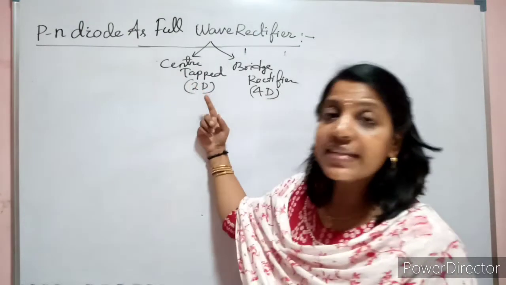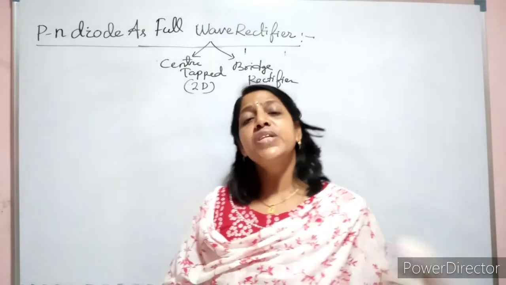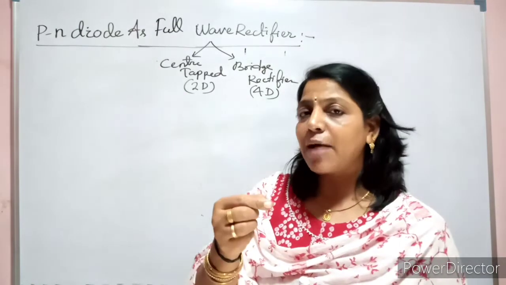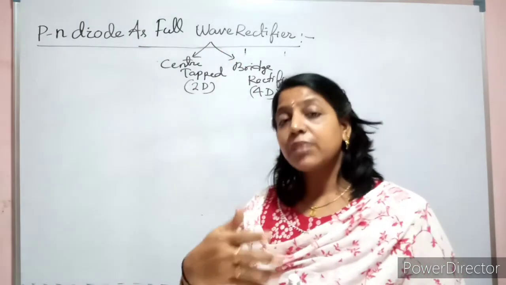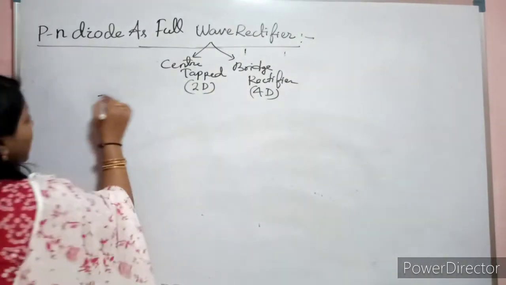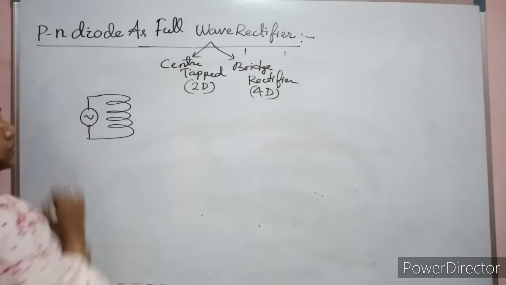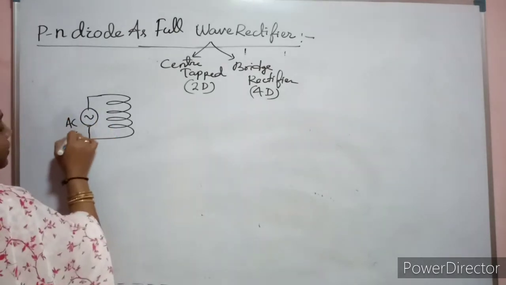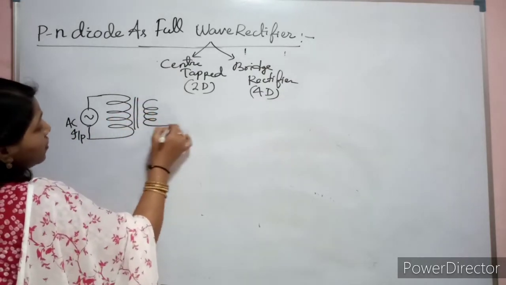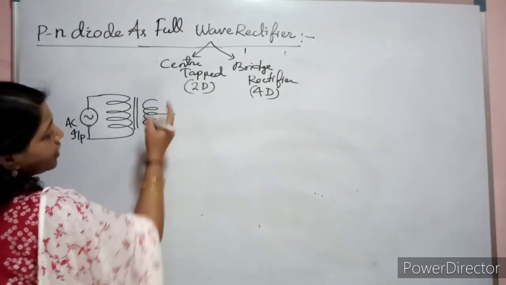As the name indicates, center tapped, you know that in every case we are converting to step down. But here at the center point of the secondary of the transformer, it is tapped in such a way that the top turns and bottom turns remain the same in number. Okay, fine. So let us see this. Let this be the AC input you are giving. This is your primary winding. Now this is your secondary winding. I am taking a tap exactly at the center, so that top will be 1 and bottom will be 1.